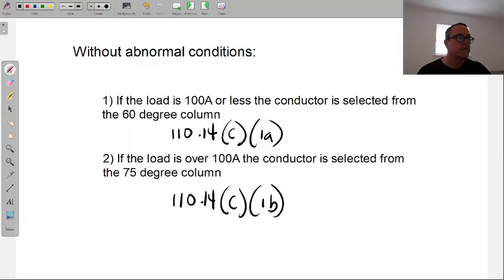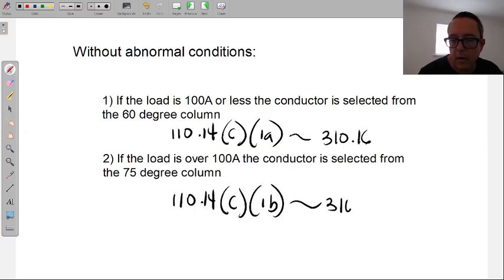And yes, putting it all together, you should have learned this in Code A, or at least gotten an introduction to this in Code A. In Code A, I don't think, maybe I did, threw in some temperature correction factors. We don't deal with too many abnormal conditions yet. So in the beginning, it should just be understanding selecting a wire without any abnormal conditions. If I give you an amperage, find me a wire. Straightforward. Wires are always selected from, I'll put here 310.16, so we always know where we get our wires from. Always 310.16.